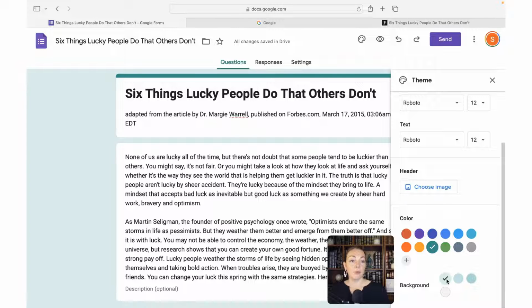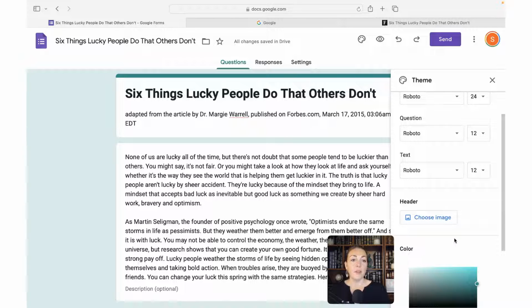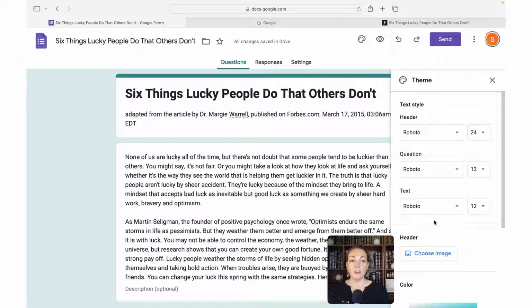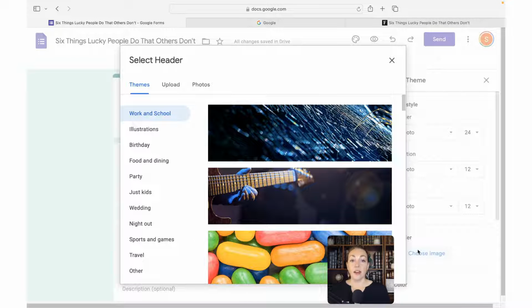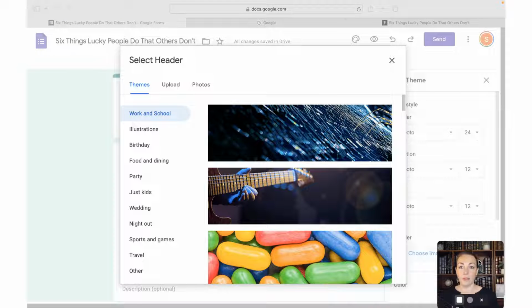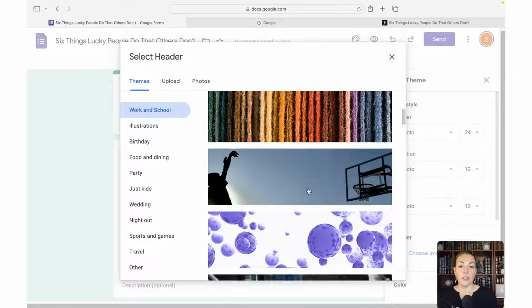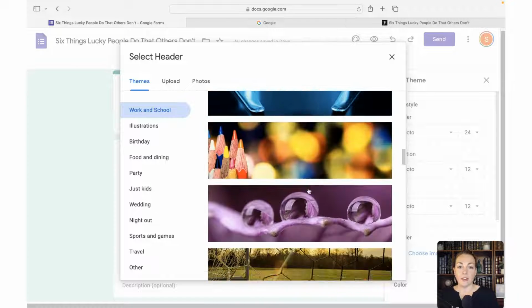And if you want to choose completely your own color, like maybe you have a particular brand color that you use for your own freelance teaching business, just click this plus sign here, and then it actually lets you put in your own hex code or choose whatever color you like. And then the other thing you can do is choose an image header. So if you click this, you're going to get a lot of different options of already put in stock images. So you can choose from particular themes. And when you click on a theme, you can scroll down here and see all of the different actual image